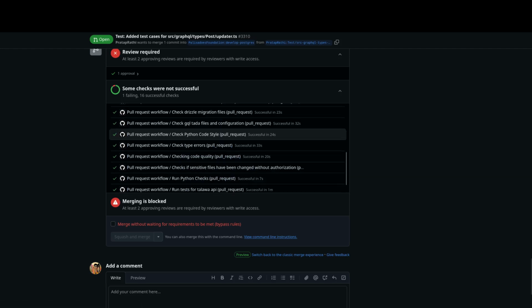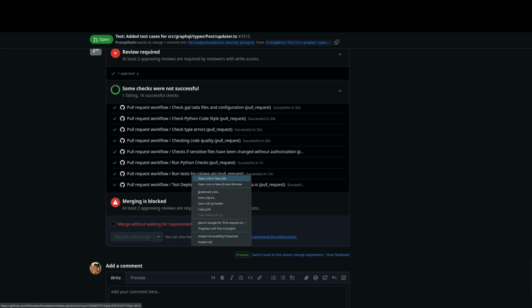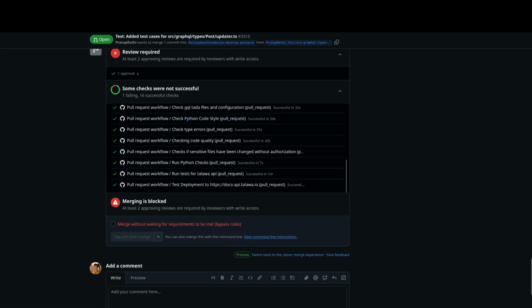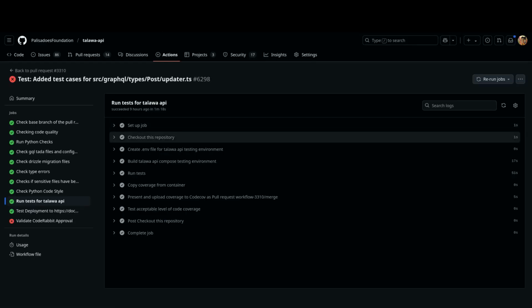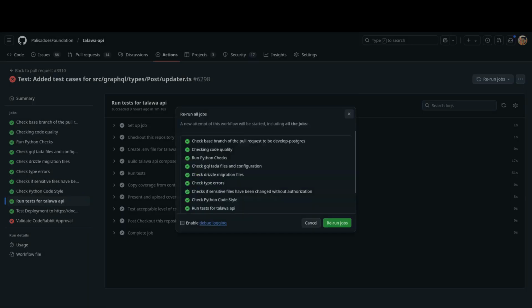Just take a look here and you will see run test. Just look for the run test one, because it's the run test that triggers the code coverage report. And what you'll do is you open this link in a separate tab, because I want to do this so that it's very, very clear. And you can ask it to rerun the jobs. And you just click on this,